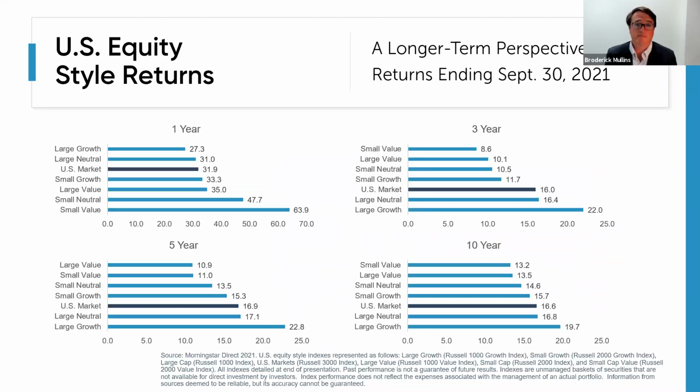Now we take a longer view to see how different investment styles have performed for standard periods ending September 30th, 2021. Looking at annualized returns in the US, we can see extraordinary returns for the 1 year, as the recent performance still shows the effects from coming out of the COVID market downturn. Small cap value performance far exceeded the general market over the last year, returning more than 63% compared to nearly 32% in the US. However, we see that small cap value has underperformed most other styles at the 3-year, 5-year,